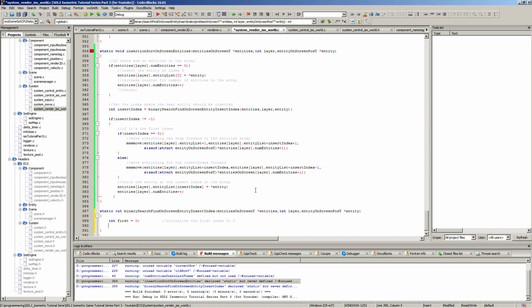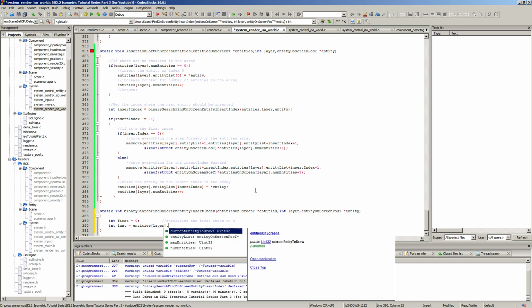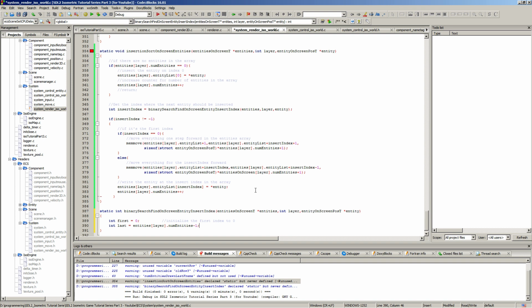Int last. It's gonna be entities layer, the current layer we're working with, num entities minus 1. It's gonna be the last index here. Initialize last index,